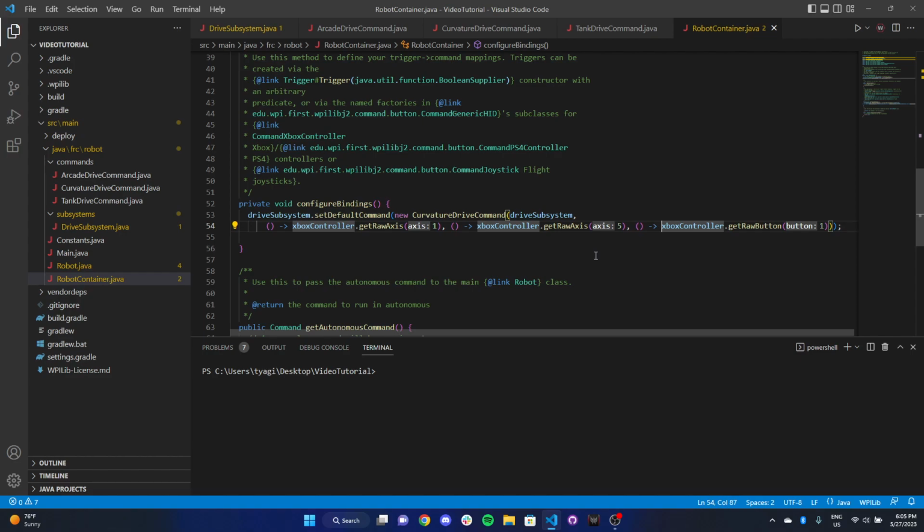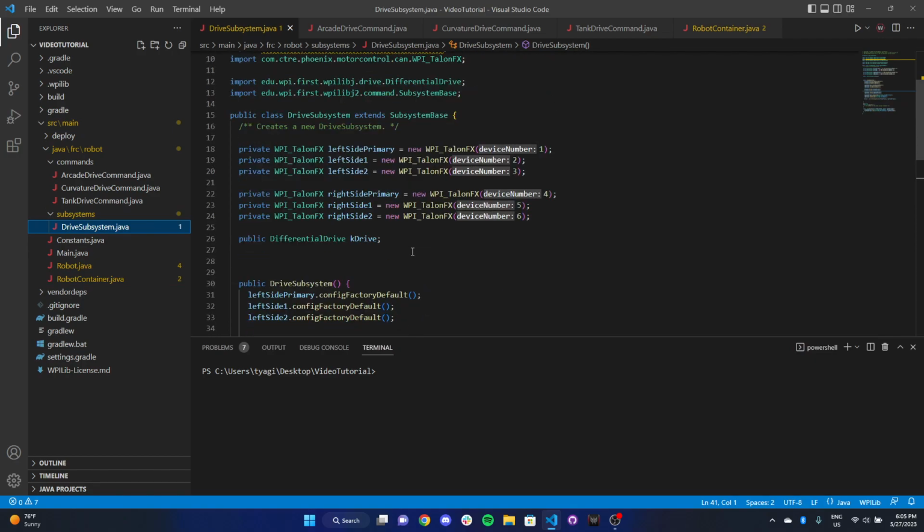So now that we've gone over differential drive, I want to use this video to also get in some more practice with writing subsystems and writing commands. So what I'd like you all to do now is pause this video and go ahead and write an intake subsystem. So our robot's intake, or rather our fake robot's intake, or the intake that we're working with right now, will feature one motor, so there's only going to be one motor, and the motor's port is going to be